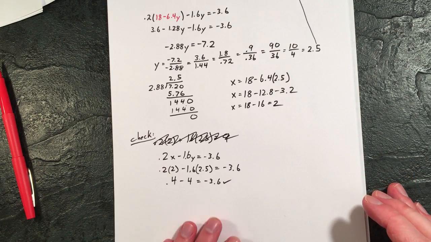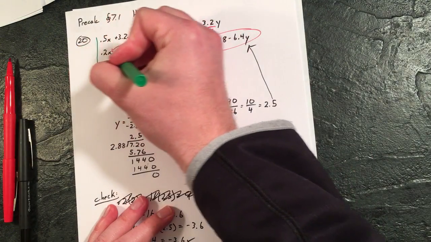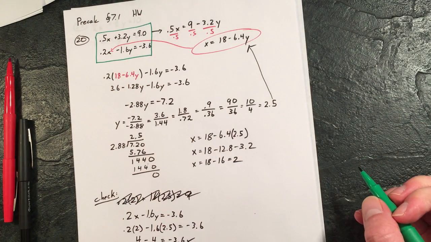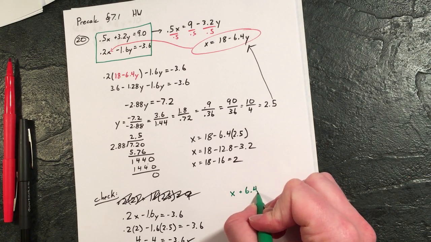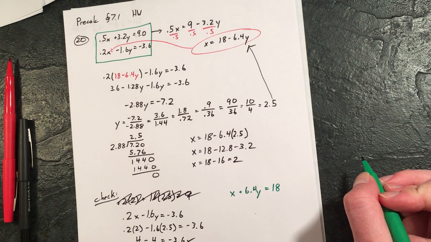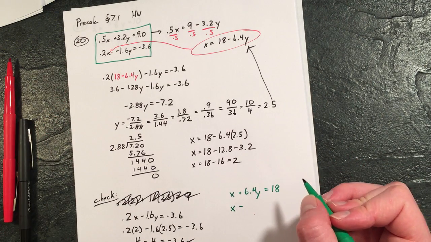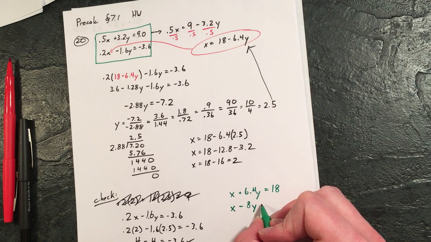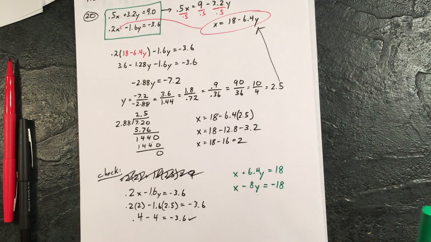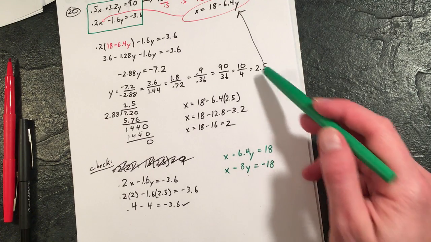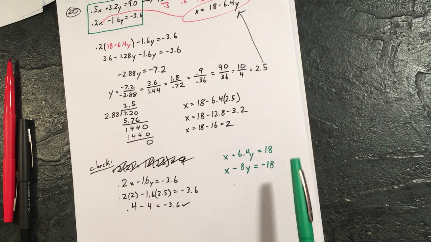Potentially simpler ways to go through this is identifying right at the start, if we took these two off the jump, I don't really like having those x's be decimals. So I could multiply the first equation by 2 and get us x plus 6.4y equals 18. And the bottom one I could multiply by 5, because 5 times 0.2 will get us 1. And this is going to be 18. So those might be a little easier to work through and get to our numbers a little quicker, but it just gets rid of more decimals, which I think most of us would enjoy. Okay, that's going through